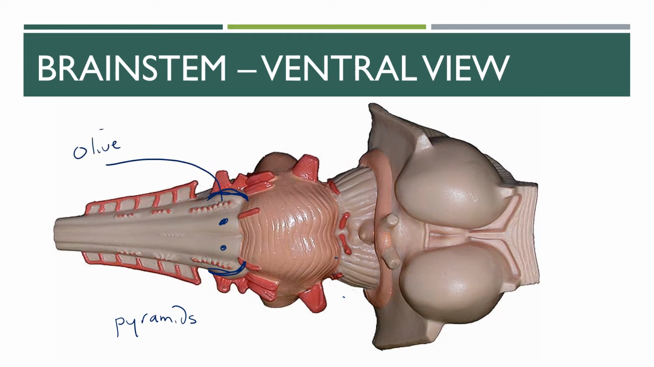Now, again, we can identify them as an olive, as an inferior olive, or as the olivary complex. Again, I really don't care which one you use. Then we'll see this indentation, and this indentation separates the pyramid from the olive. And that is going to be the